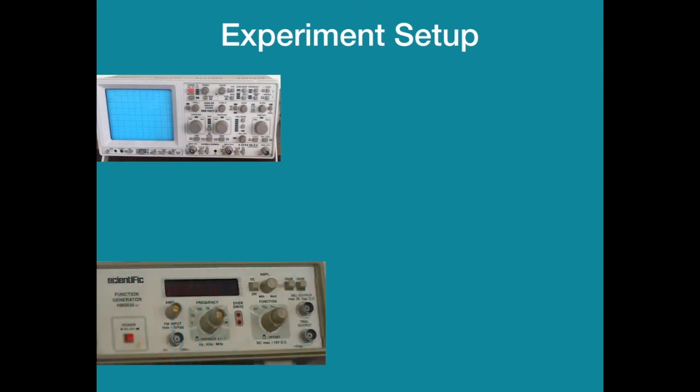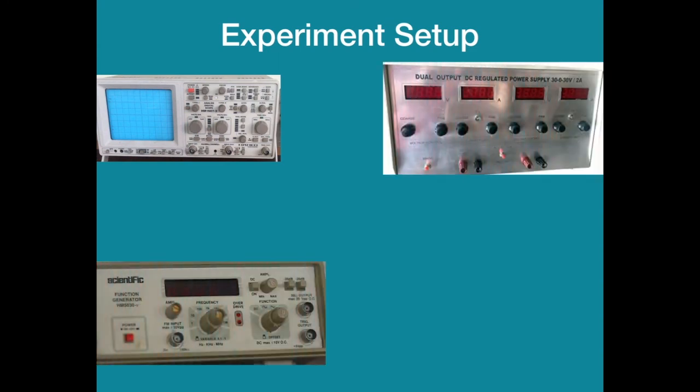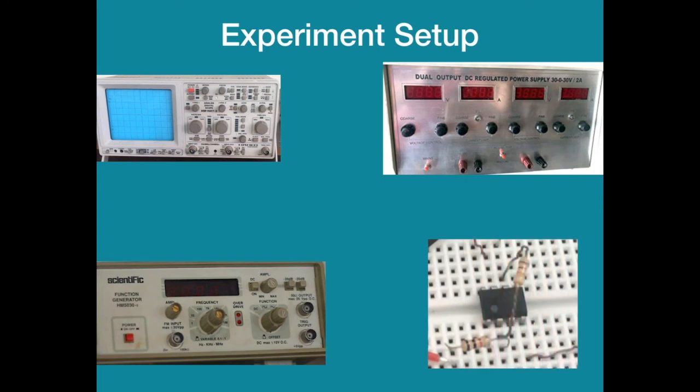Now we'll discuss a general experiment setup here, which will be used in all op-amp experiments. We'll have a CRO, function generator, dual output DC supply. This is the circuit under test. And the connections, for dual supply, will connect negative of the first supply to the positive of the second, and thereby will create a ground connection. This is the positive voltage given to the 7th pin of the IC, negative voltage to the 4th pin of the IC, then ground to pin number 3 in this particular circuit.